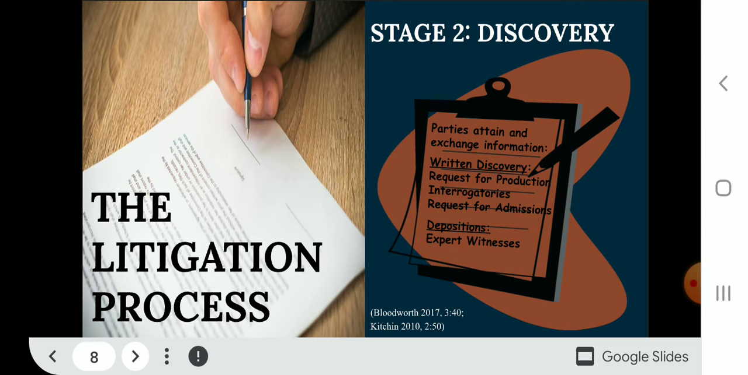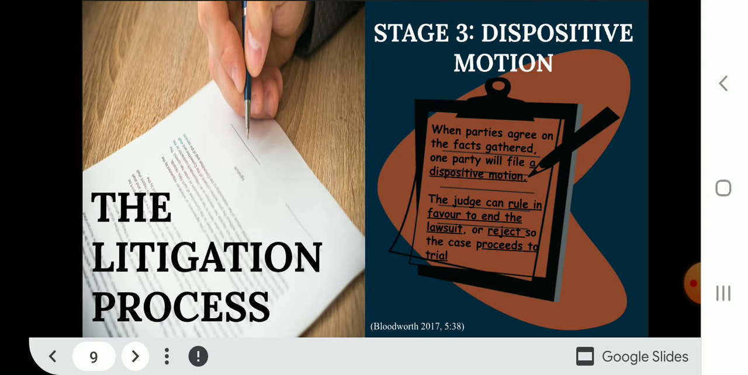In terms of depositions, a lawyer will sit and interview a witness following the legal protocols, and both parties are asked to provide the names and information of their expert witnesses. Now we move on to stage 3